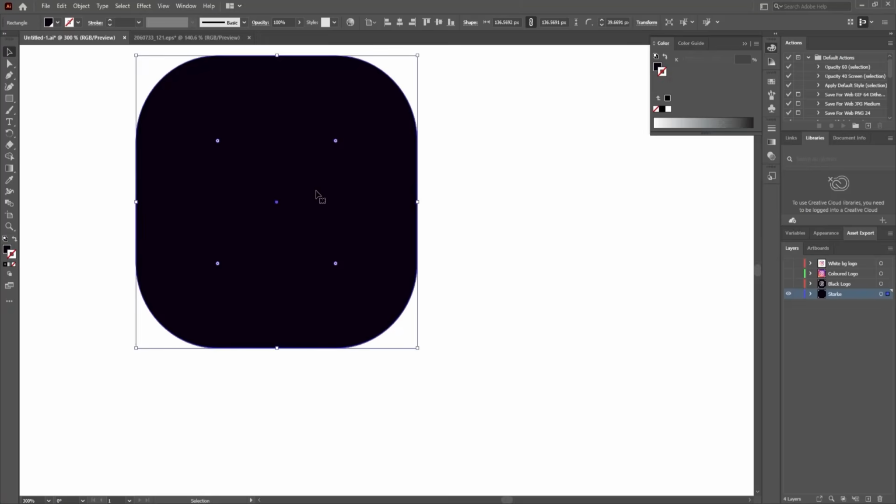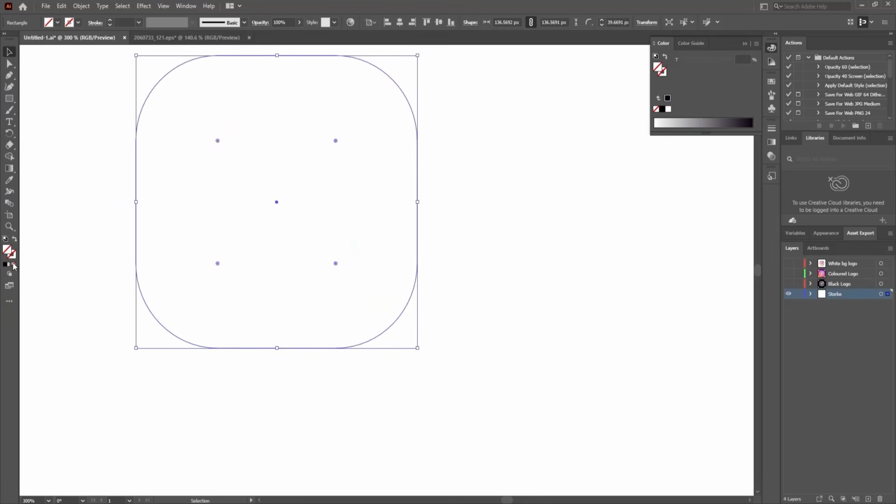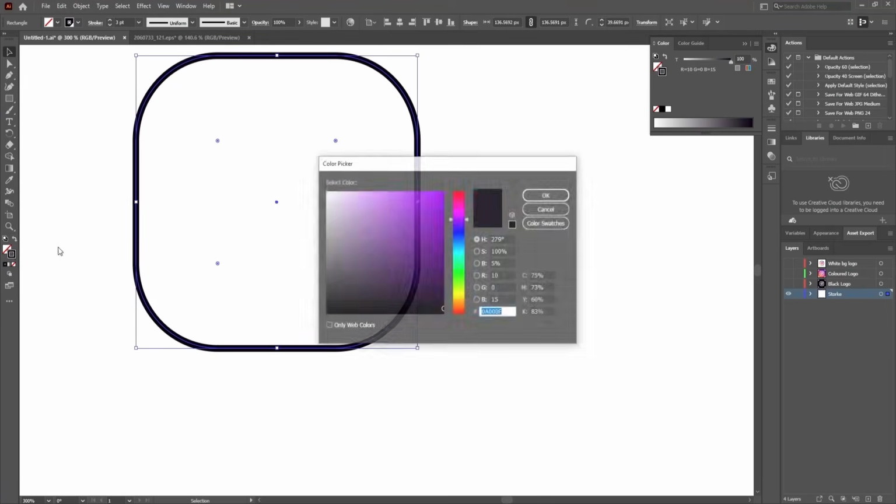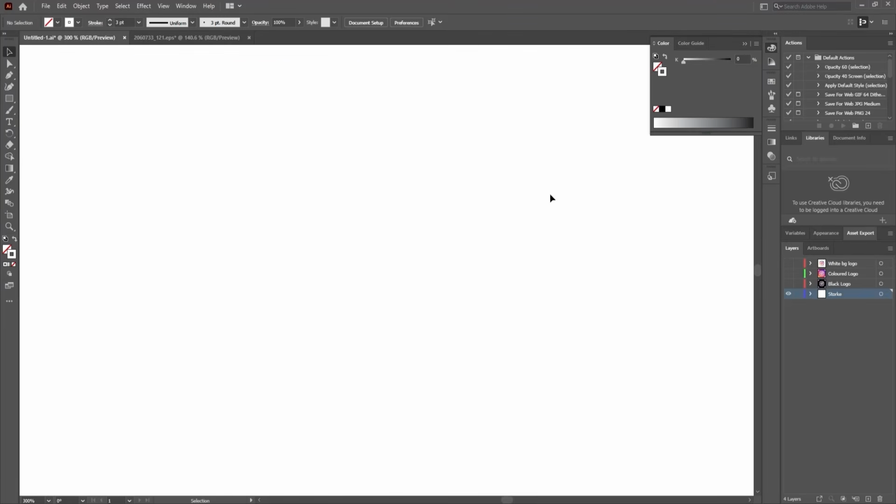Now I'm going to select this stroke layer. Simply go to the color option and click on this none, and over here in stroke I'm going to choose black color just for now, for the visibility, and increase the stroke width to somewhere around 3 and change the color of this stroke to white and simply hit OK, and let's press Ctrl S to save this file